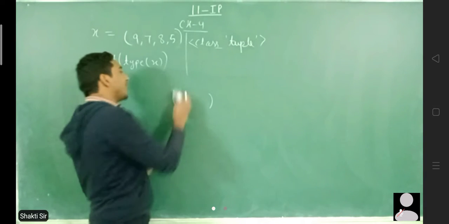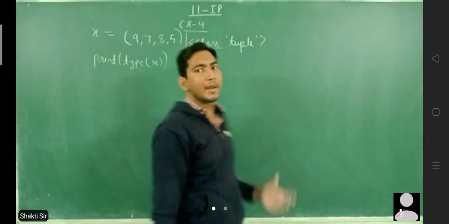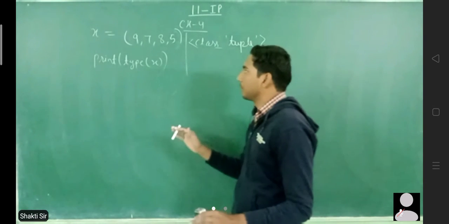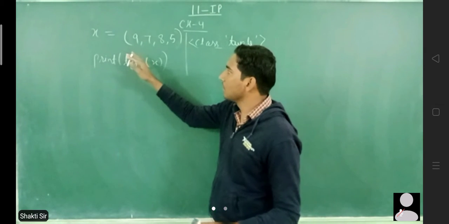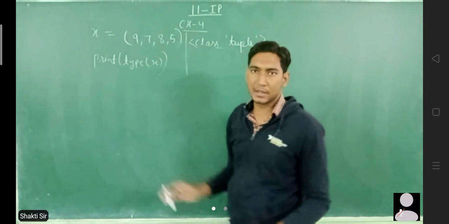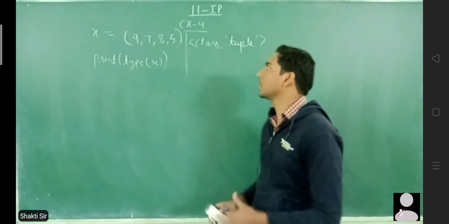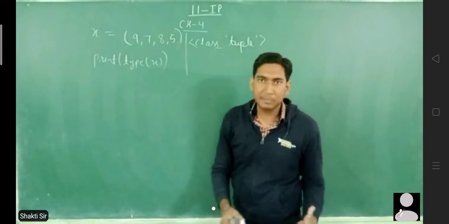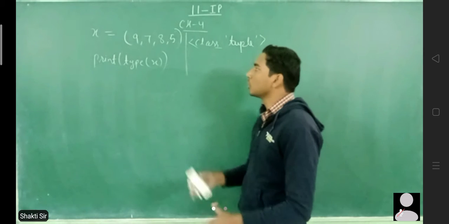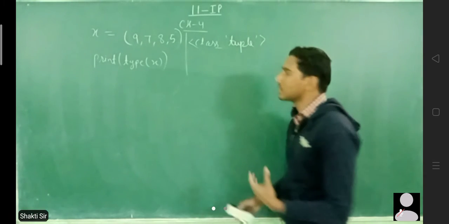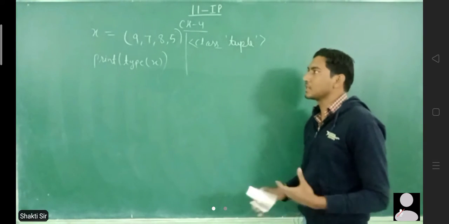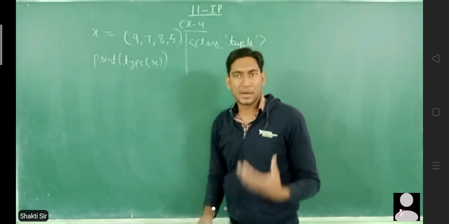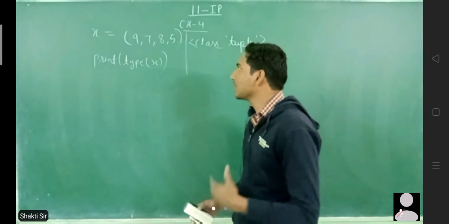So what is the difference between a tuple and a list? Both of them are declared in a similar way. In a list we use square brackets, but in a tuple we use parentheses. So what is the actual difference between a tuple and a list? Or are they both the same thing? If they were the same, there would be no significance of using two different terminologies, one list and another tuple. Definitely they are not the same. That's why we have two different things. So what is the difference between them?